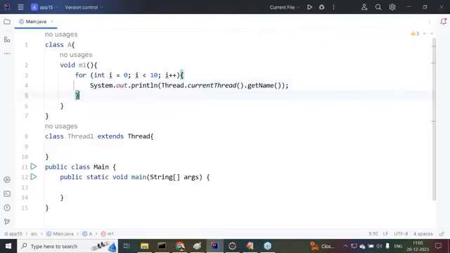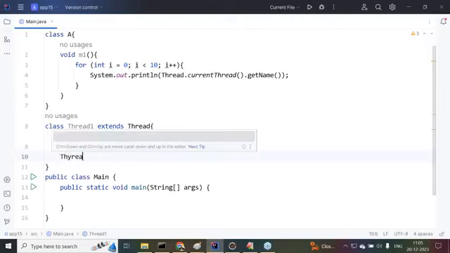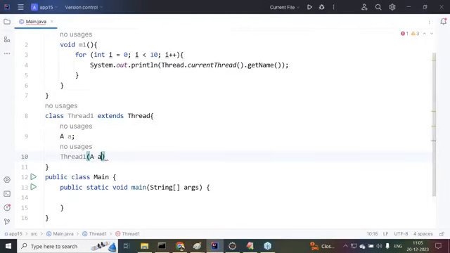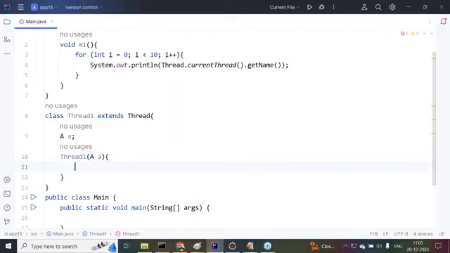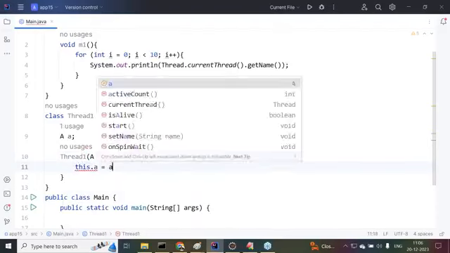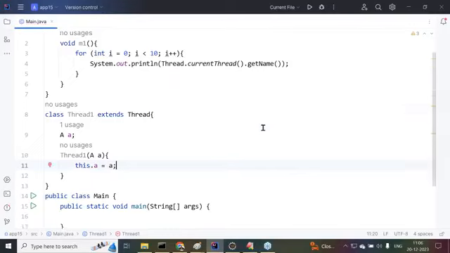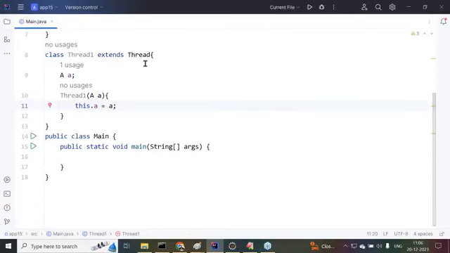Now more than one thread I want to submit to the same m1 method, so the same reference value has to be provided to all the threads. Here this is Thread1. Inside Thread1 we provided a small a, and this.a = a; that we are getting.